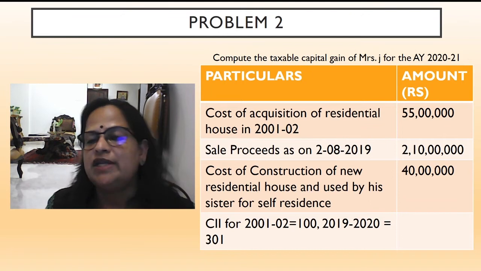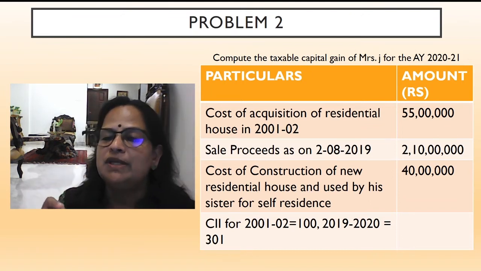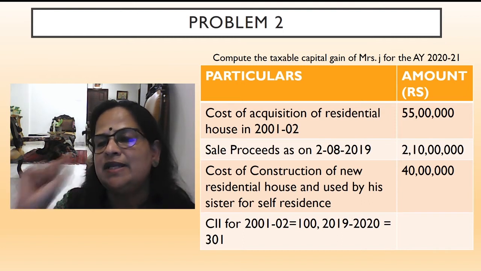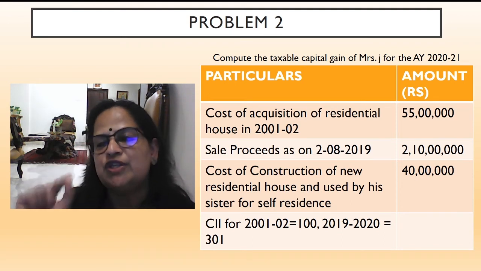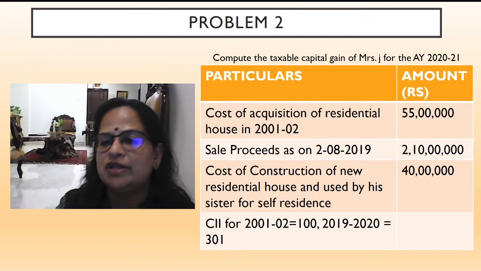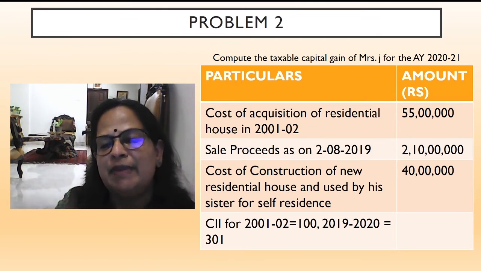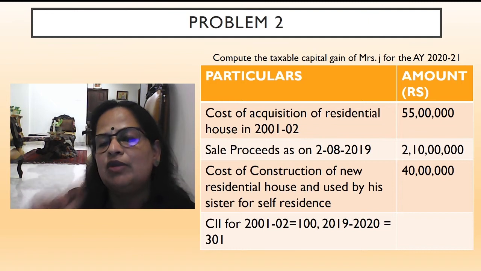is 40 lakhs. So here you have to remember, so far we have not done this problem. Whether one house property he purchased, it is not necessary that he has to stay in that house. One house property for his own occupation he can buy and he can claim the exemption. In this case, his sister is staying, but that means the sister may be paying some rent, or even if she is not paying rent, that is not our consideration. We can allow the exemption.